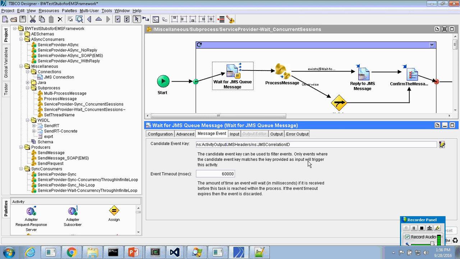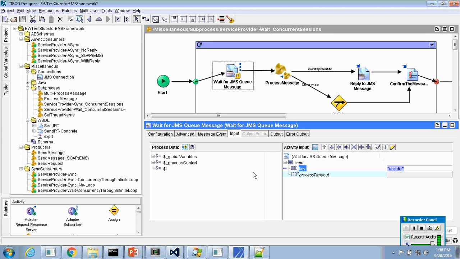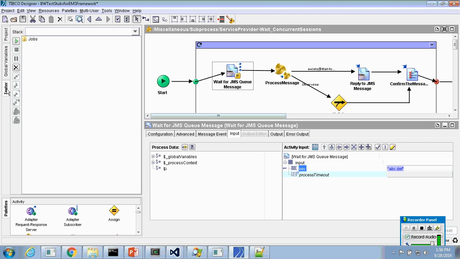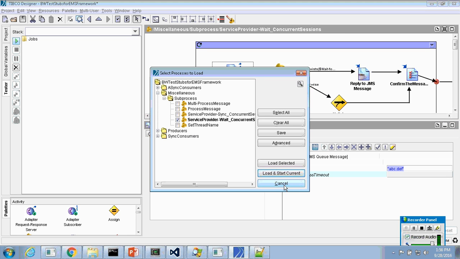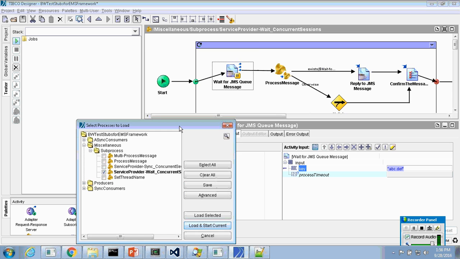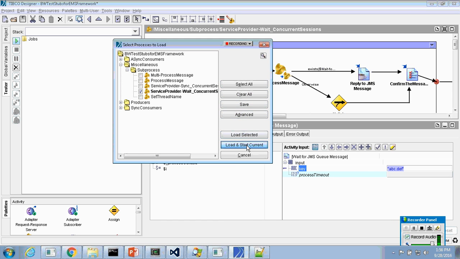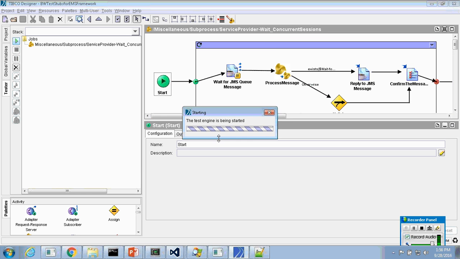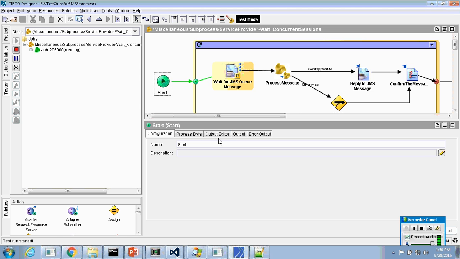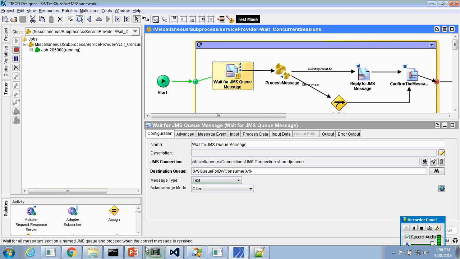Okay? So only if the correlation ID in the JMS header matches this value would I be able to proceed. Okay. So now it is waiting for it,